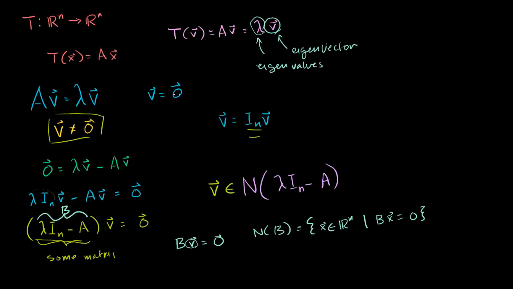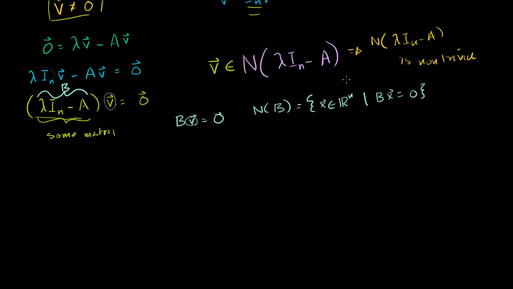We already said that the 0 vector is always going to be a member of the null space, and it would make this true. But we're assuming v is non-zero. We're only interested in non-zero eigenvectors, and that means that this guy's null space has to be non-trivial. So this means that the null space of lambda times the identity matrix minus A is non-trivial. The 0 vector is not the only member. And you might remember before that the only time,